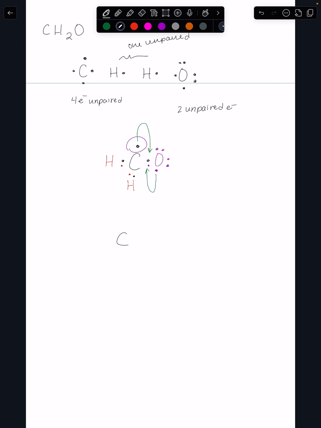So you'll have carbon, 1, 2, oops, sorry. I get in the habit of drawing the carbons that way. 1, 2, 3, 4. That's from the carbon. And then we have hydrogen down here, each giving 1 electron. And then we'll have oxygen with its 6 electrons. 1, 2, 3, 4, 5, 6. If we redraw it,